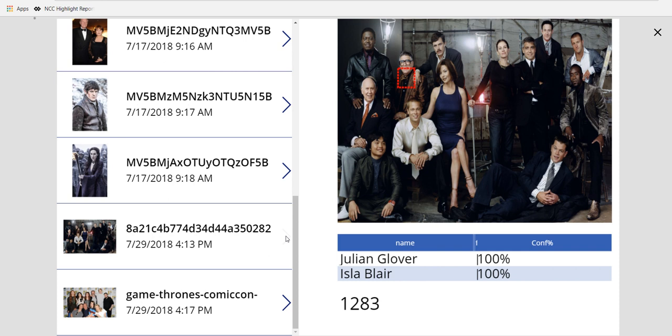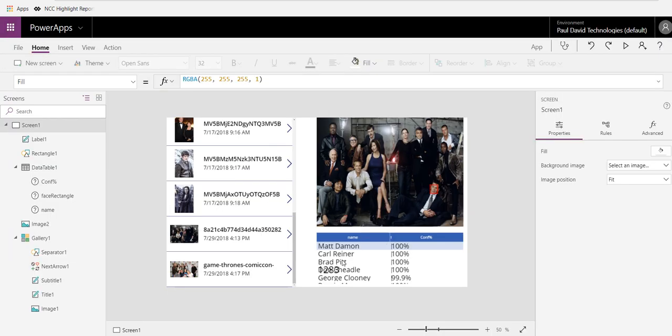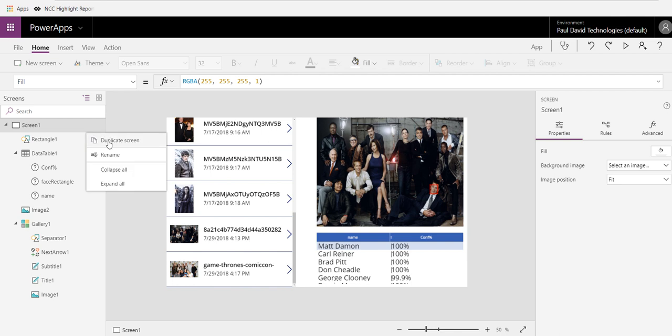And again, let's show you the example with the Ocean's 11 cast. There we go. So now as we click on the different names down here, we can see that the rectangle is jumping over the appropriate face. So fantastic, we're almost there. What I was going to show you though was one additional neat little trick, which was getting all of these faces with a rectangle around them and then having it so that you can click on the name and the rectangle will appear. So what we will do is I will just duplicate this screen